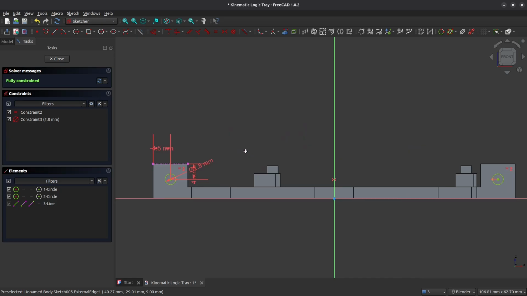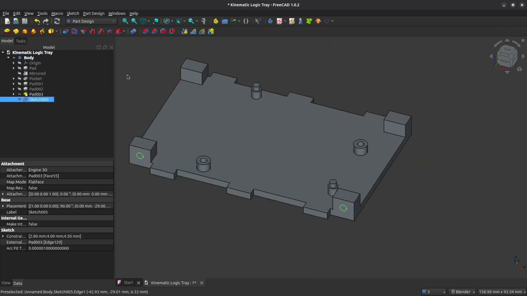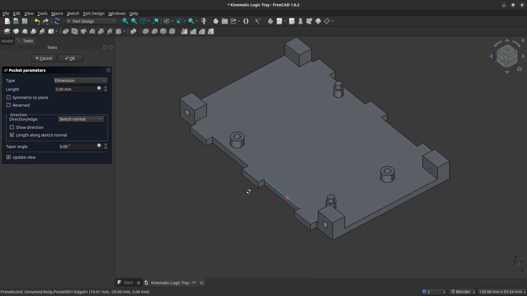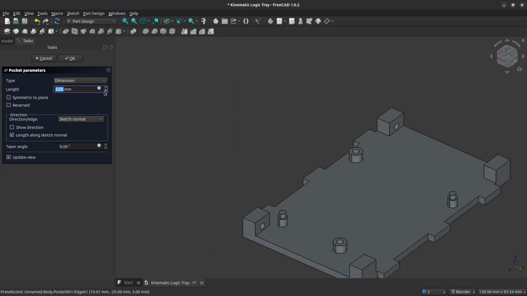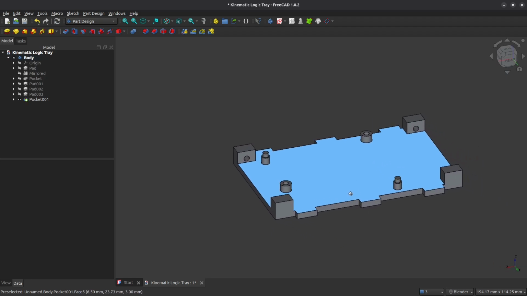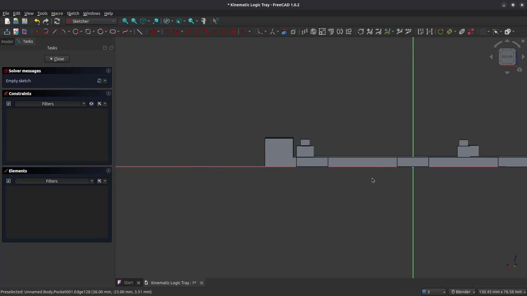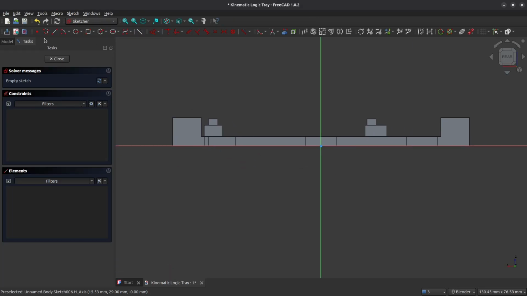So now our screw holes are fully constrained, and we can now close out of this sketch, and we will pocket those. They're 6 millimeters thick, so we need to pocket them to 6 millimeters to clear the tabs, and we need to repeat this process for the tabs on the other side. So again, two more